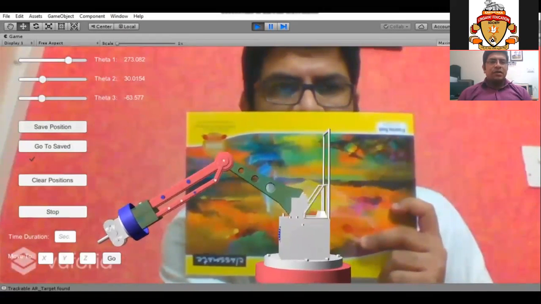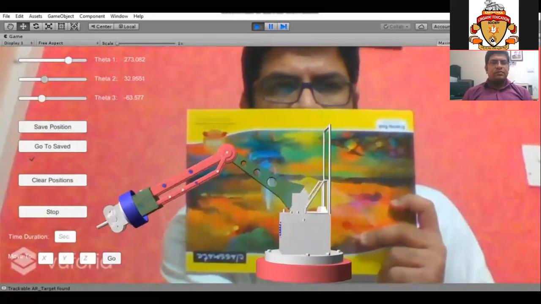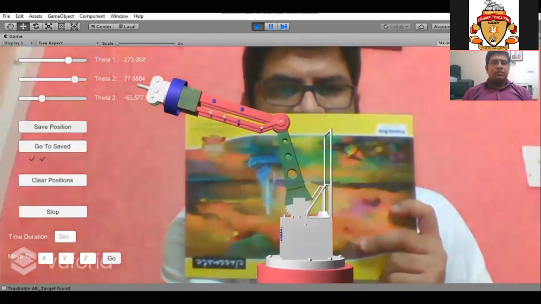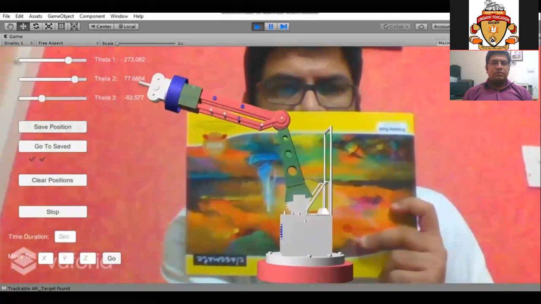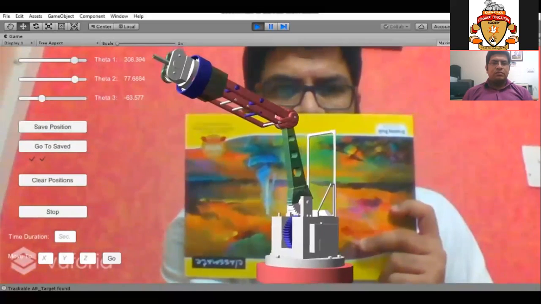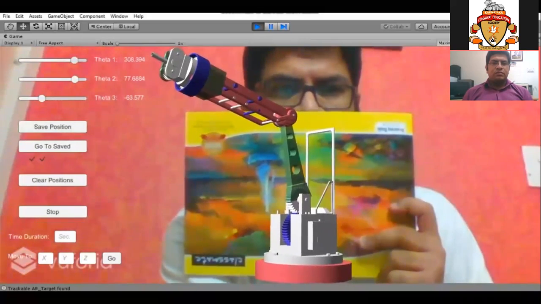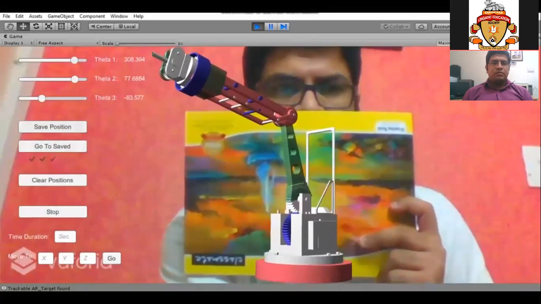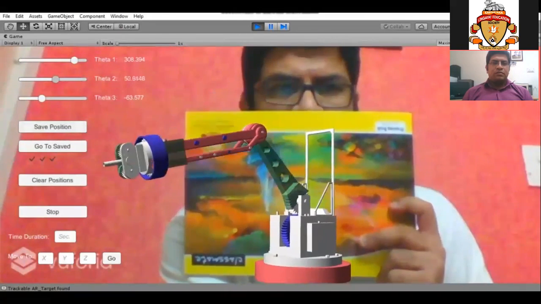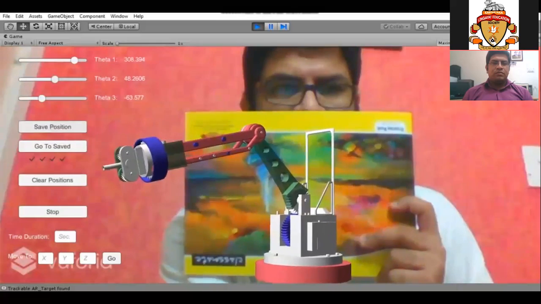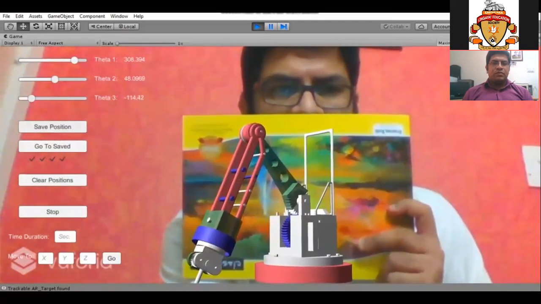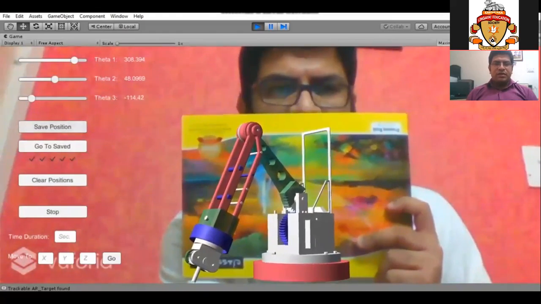This is the first position. So I have saved 5 positions.